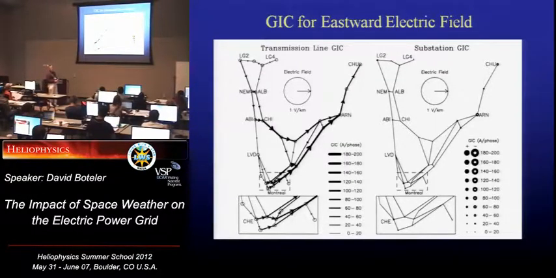Yes, well, we're doing some work at the moment with Hydro-Quebec where we've set up a model. The engineer that we're working with has gone back through the system logs to identify that a couple of lines were out of service at the time, so we've pinned down and got a model of the system exactly as it was on the night of March the 13th, as far as we can tell. We're modeling the GIC in that, and then we're going to set up a model for the system as it is now.